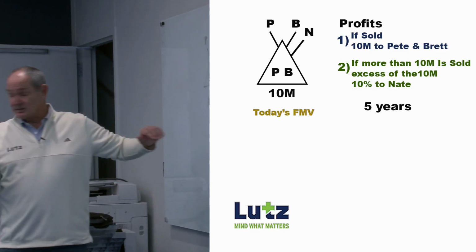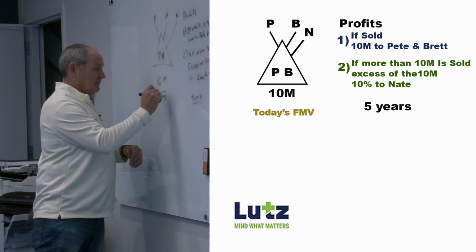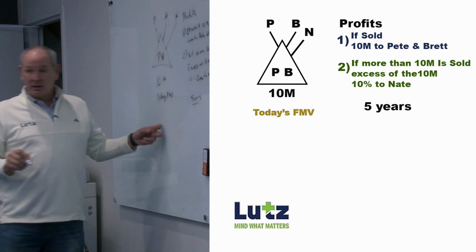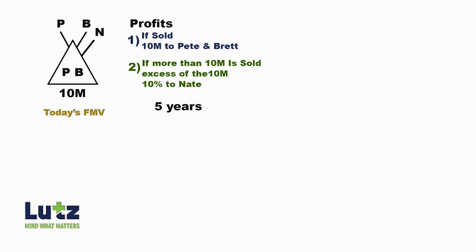So this is a great method to lock somebody into the partnership, where we do a grant of profits interest based on today's fair market value, and they only participate in the excess of that. That is a wonderful way to lock somebody into the partnership through restricted property. They're only participating in the appreciation. It's a wonderful way to lock them in from the standpoint that they have no income today, because if we sell for that amount today, that particular individual gets nothing. I think that is a fair statement.